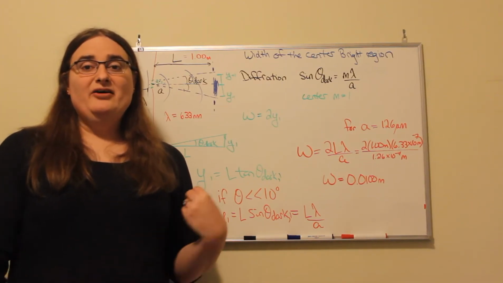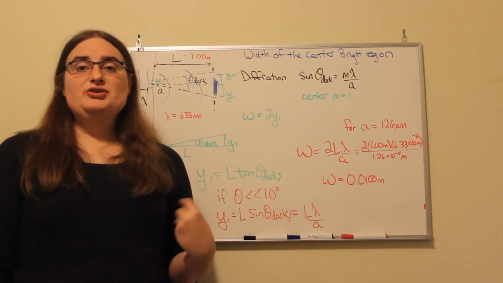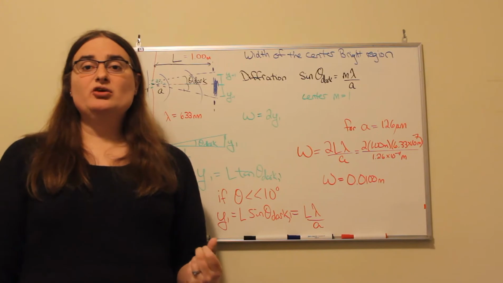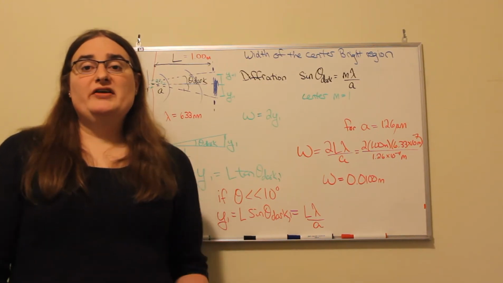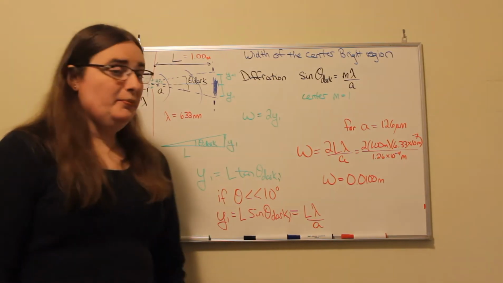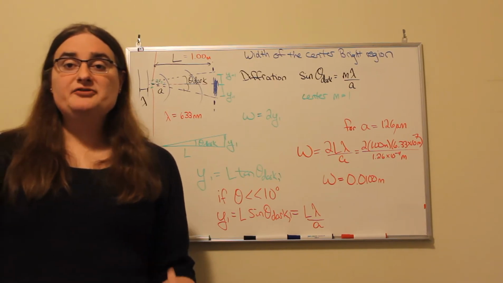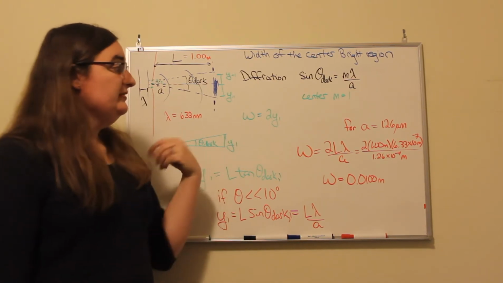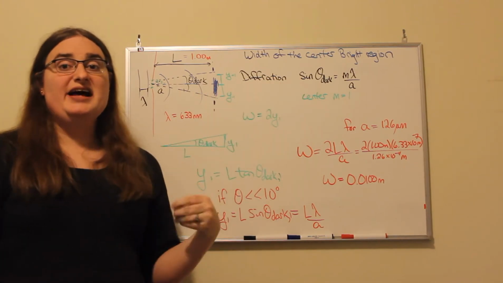I want to talk about calculating the width of the center bright region when you send light with a single wavelength through a single narrow opening with a given width. So this is an example of Fraunhofer diffraction. And for Fraunhofer diffraction, we get minima in the diffraction pattern that occur where the sine of the angle to